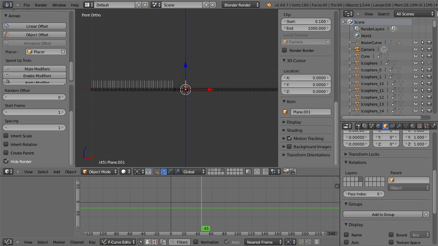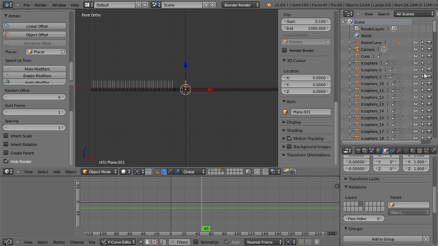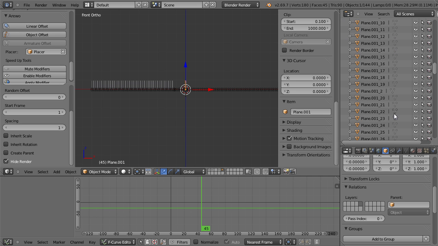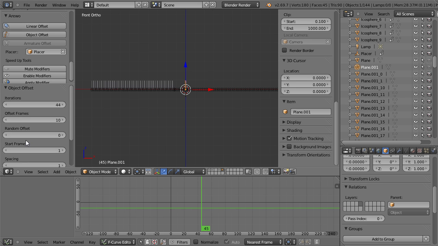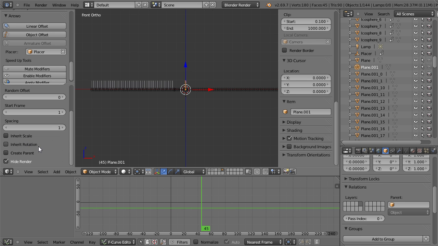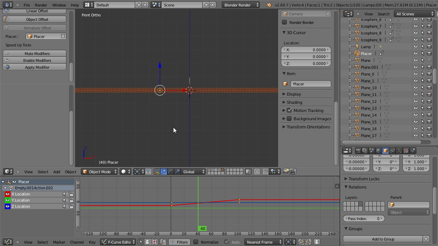You can actually double check that here. You can see the camera is off. That's the icosphere. That's the plane. There we go. Hide render is off for the plane. If I turn this on, it gets turned on. Okay, so hiding the render just makes sense. And the inherit scale and inherit rotation is what I wanted to explain next, but I need to do some more preparations for that. Okay, let's, for example,